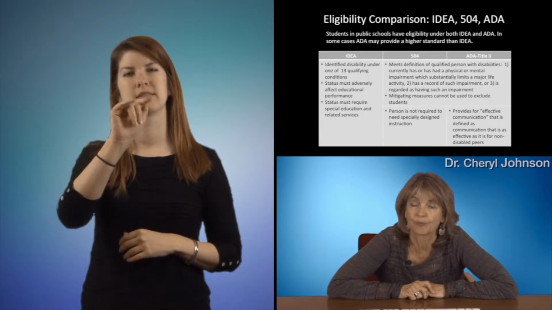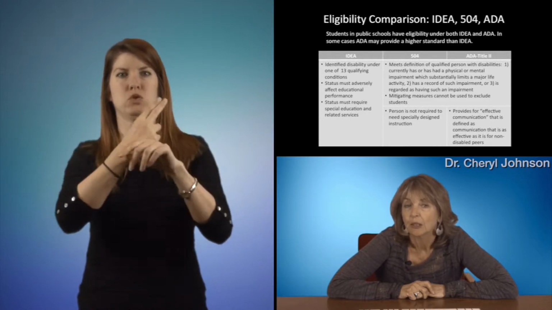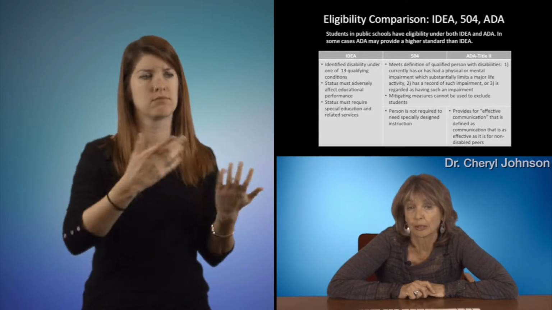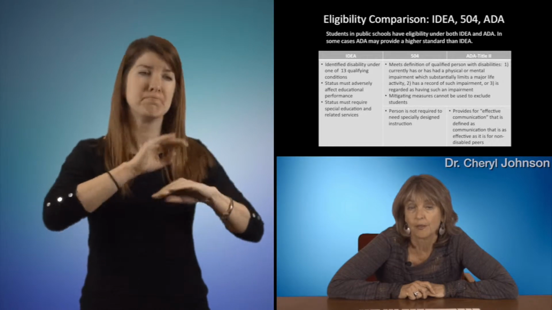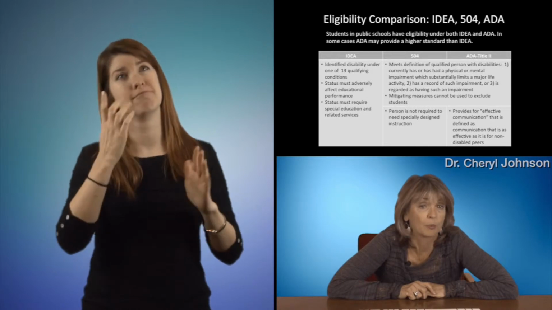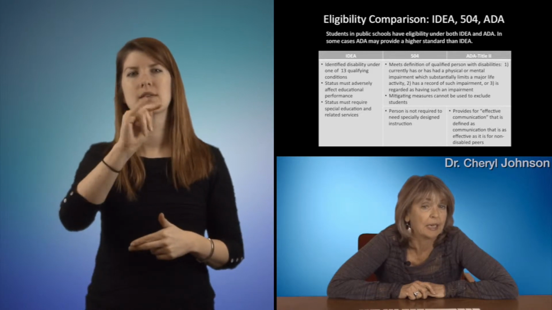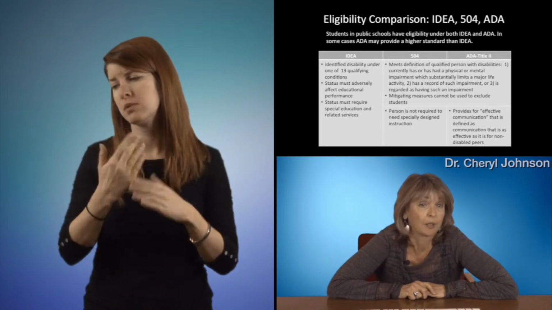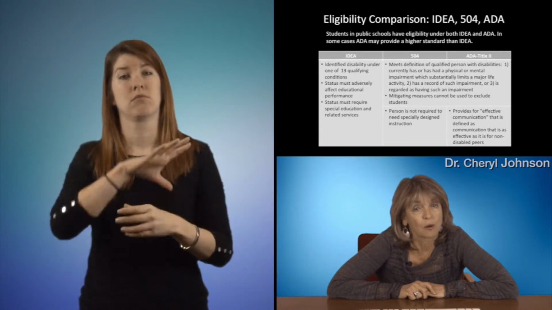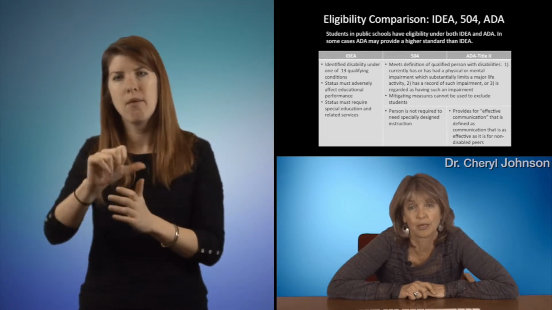Mitigating measures is a term that I'll define, but they cannot be used to exclude students. Under IDEA, for children who have IEPs, if a student is working really, really hard and meets all of their goals, they may actually test out of special education. So in some ways, they're penalized for how well they're doing. And that's a mitigating measure. Another mitigating measure could be using a hearing aid or using hearing assistive technology. So under 504, we have to consider the child just themselves with the disability without any of these other accommodations.